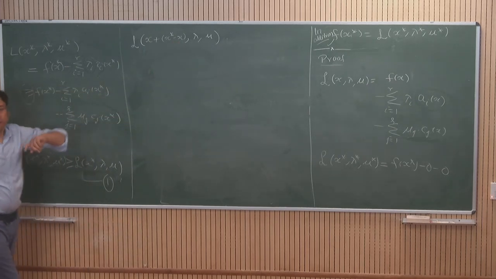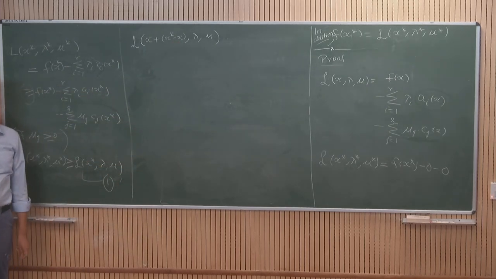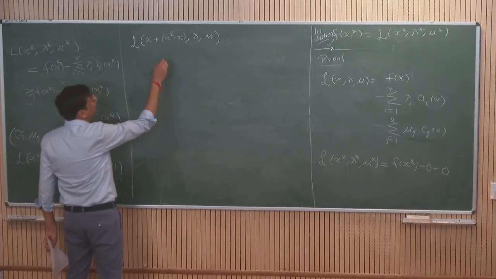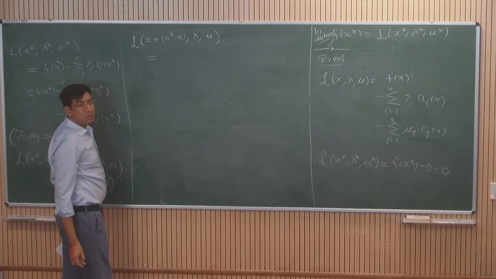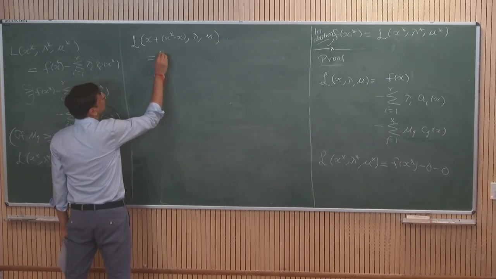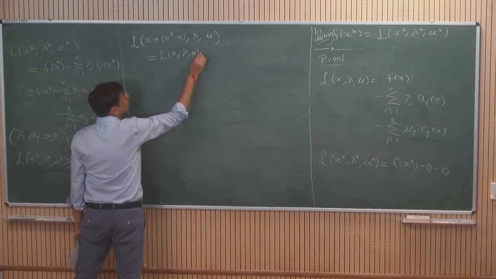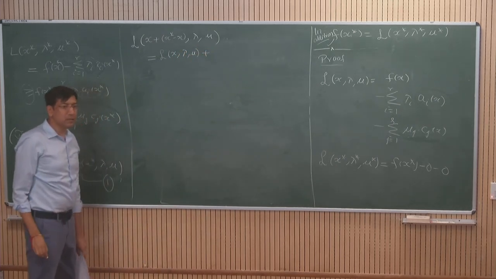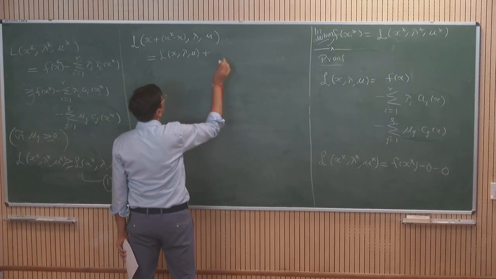So I'm trying to get this in terms of the Lagrangian of x, lambda, mu without a star. So if I have to apply Taylor on this, what will I get? L of x, lambda, mu plus what else? We'll get the gradient of,